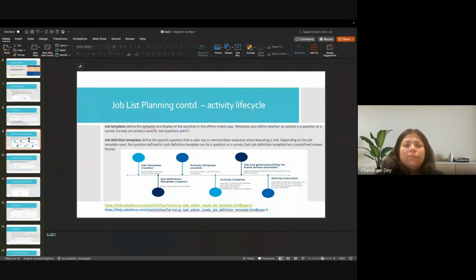Okay. So job list planning has an activity life cycle. This is again very important to understand, the whole activity life cycle when it comes to job lists. This is very important because most of our consumer goods customers will try to use job list planning. And that is why, because you will try to reuse the questions, right? You cannot just go and add questions to each and every visit. There will be thousands of visits in a particular year, right? So how it